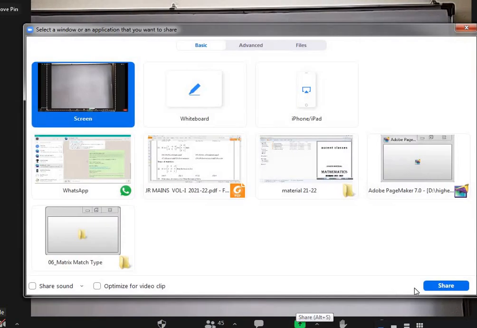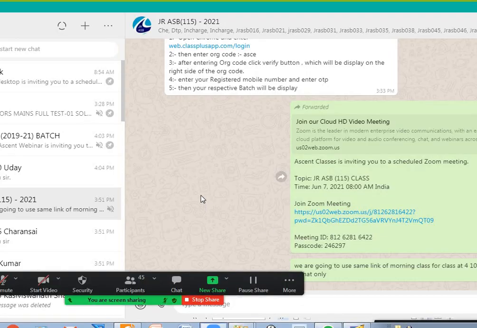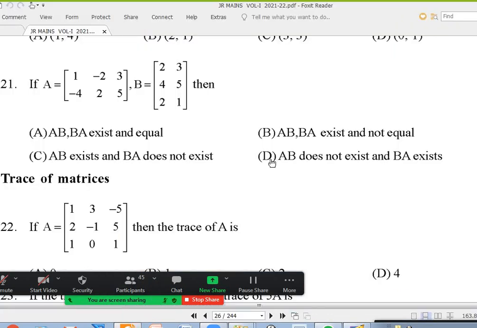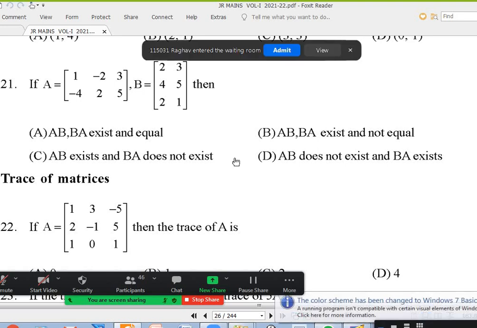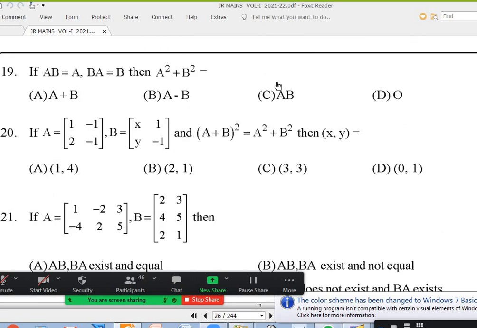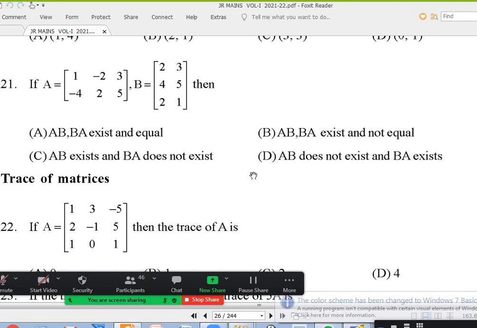Okay, I want to discuss multiplication of matrices, some theory, but few questions are left. Only one question is left in the odd numbers. Look at 21 on the screen and let us just finish that. I think we completed 19 in the morning, right? Yes, sir. So let us just finish the 21 and then I'll discuss some theory about multiplication of matrices.